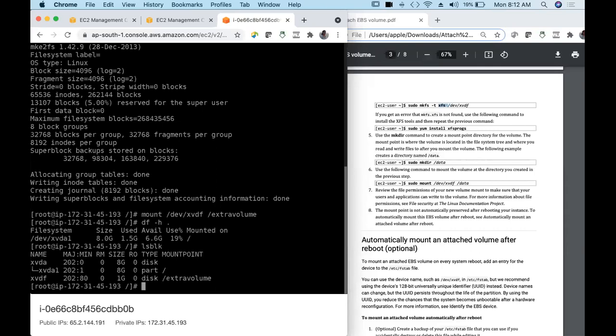I can use this extra volume now. If I create any files here in the extra volume, that means they are in that extra hard disk.